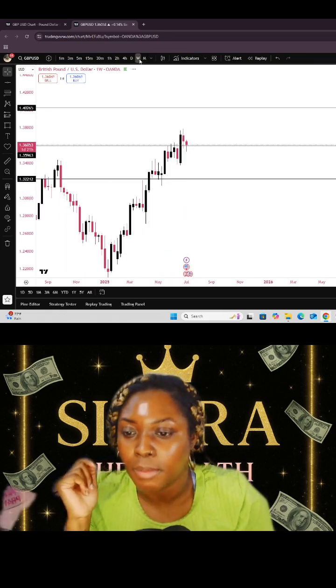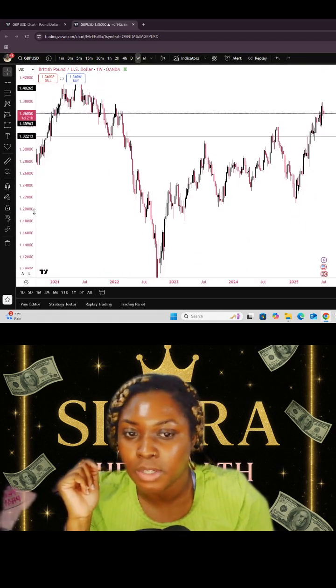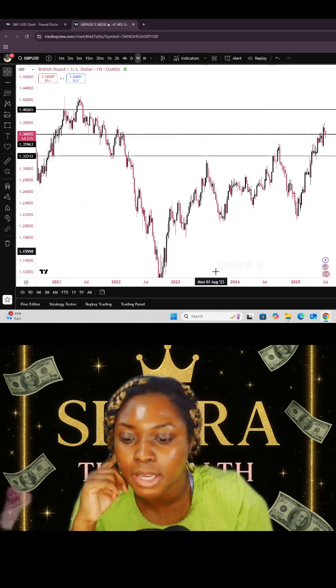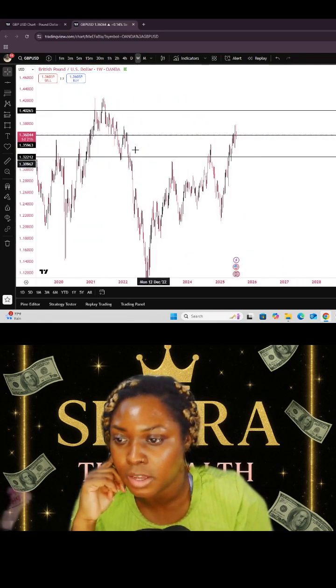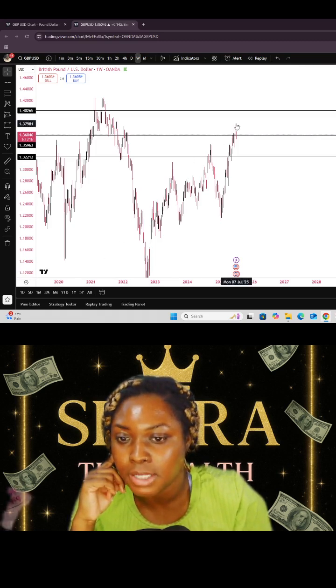Now I want to come down to my weekly time frame. I want to zoom out, and I want to see what price is telling me on the weekly. It looks like price hasn't been up in this area. If we just come over here and you look down at the bottom, it says Monday, April 19th, 2021. Price has not been this high since